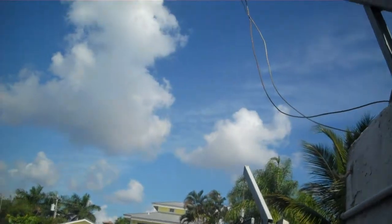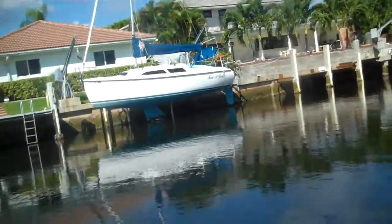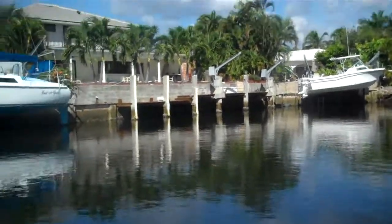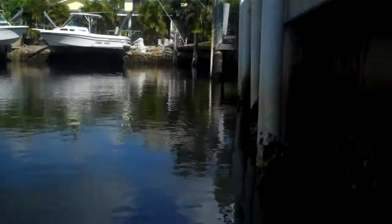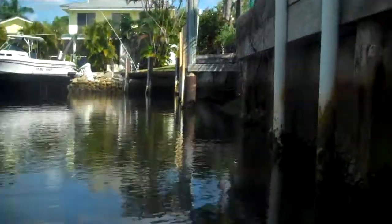We're going to first examine the bottom of the seawall, then the H-piles, and then the dock itself, the wooden dock. Well, it's really low tide right now, which will make it very easy. We will start from the north side of the property, working our way to the south, just giving now a general appearance condition. You can see